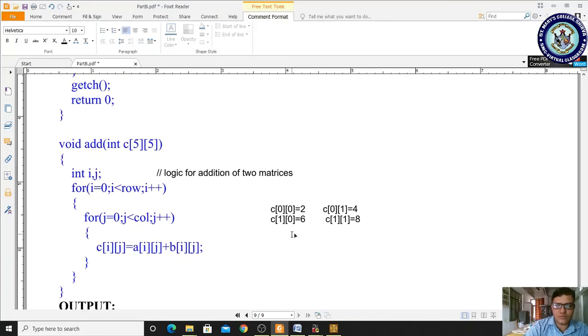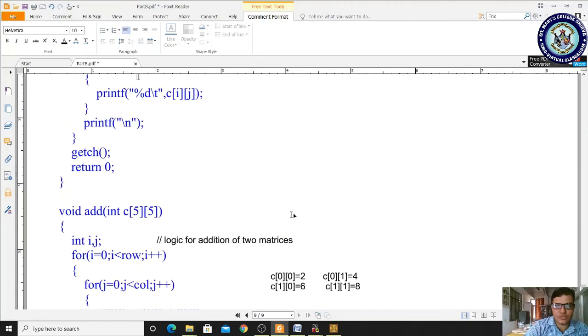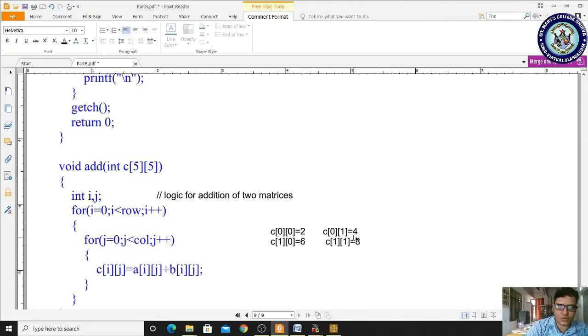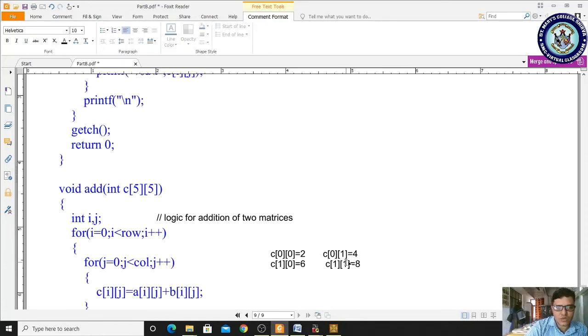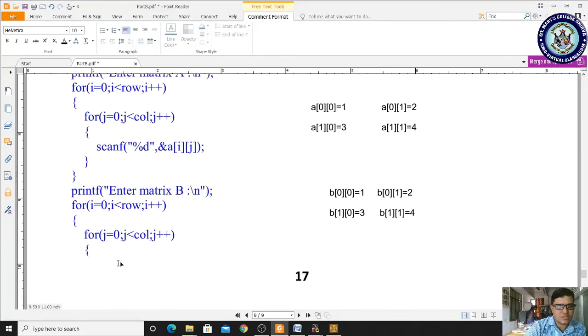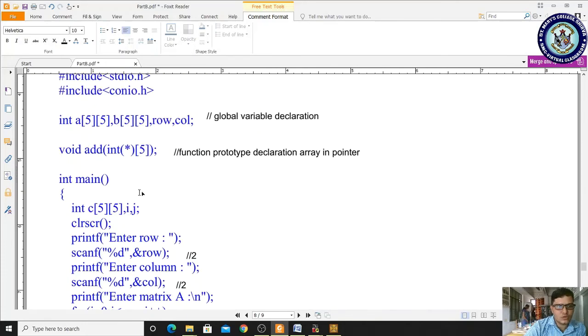What is the value of c of i j? C of 0 0 location it is 2, c of 0 1 location it is 4, c of 1 0 location is 6, and c of 1 1 location is 8. It will repeat. Afterwards we have written return 0. This statement returns the value 0 to the main function.